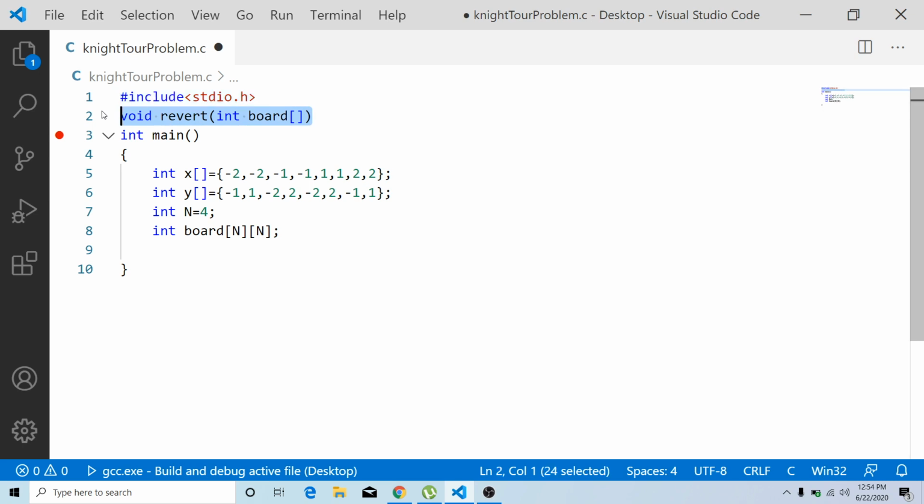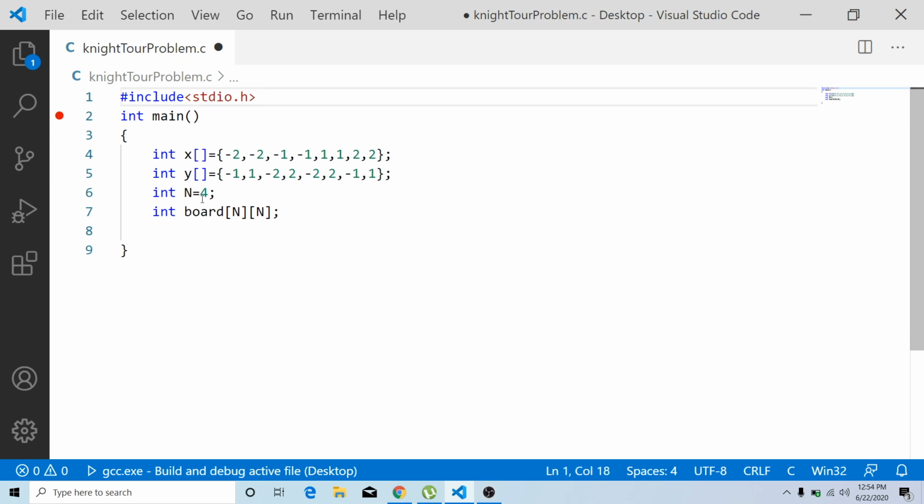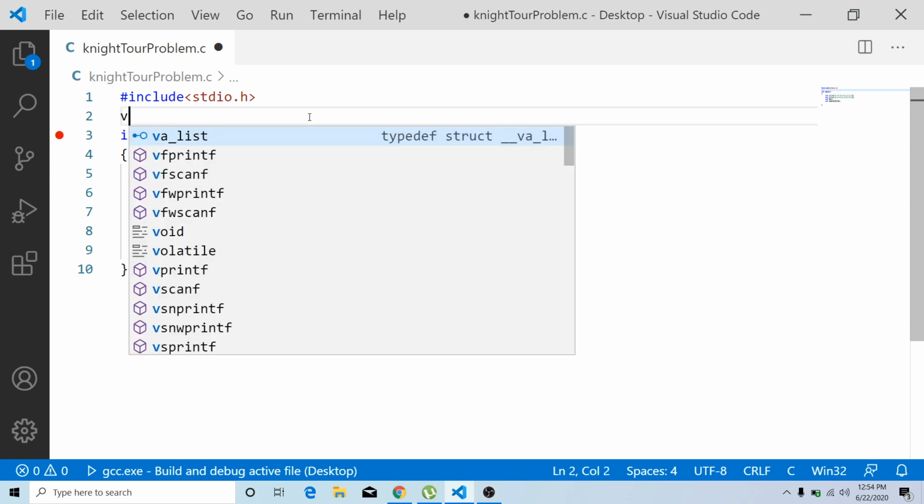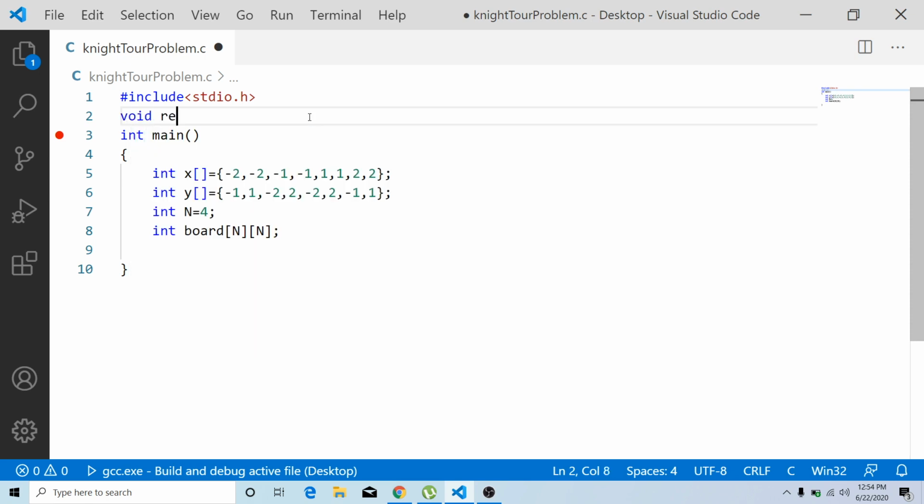So better, instead of writing a revert function... one minute guys, I think it will be better if we write a revert function actually. Let me write a void revert function.